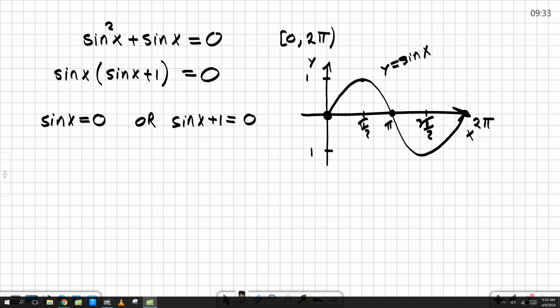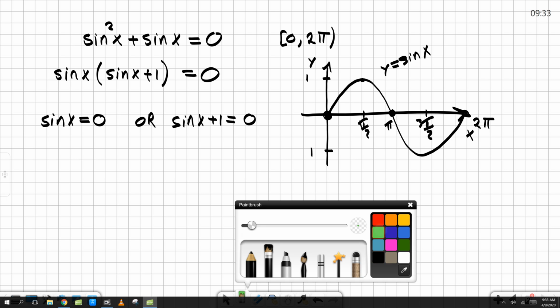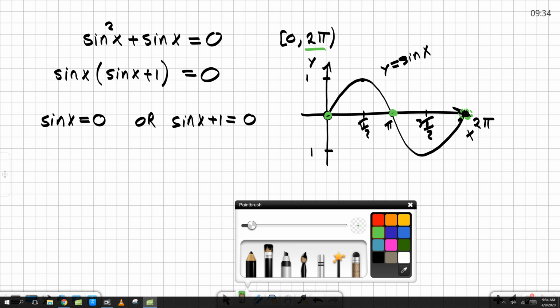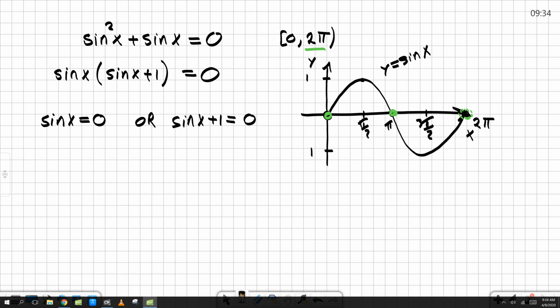And that means when I am just looking at my graph, I can easily see when sine of x is equal to 0. When is my graph crossing the x-axis? This happens exactly twice. Strictly speaking, it happens here as well. But I have to remember that my solutions have to be between 0 and 2 pi, and 2 pi is not included. And that means that I have right now found two solutions, and that is 0 or